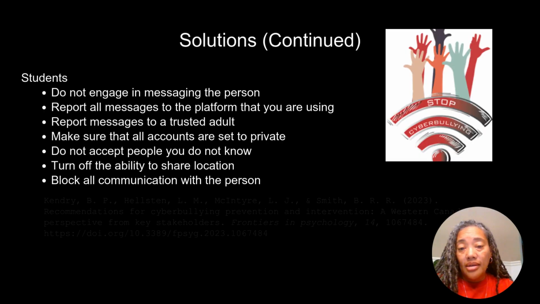messaging. But please, please, please talk to the students about reporting. A lot of students do not report when they are being bullied online, and that is very